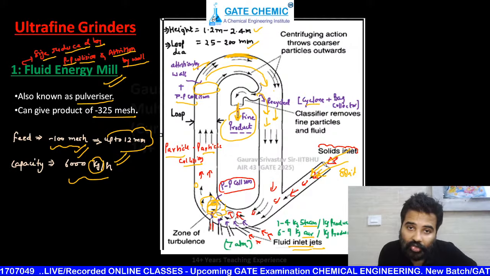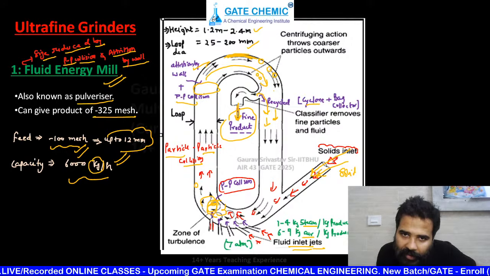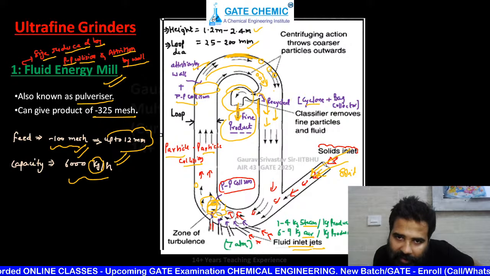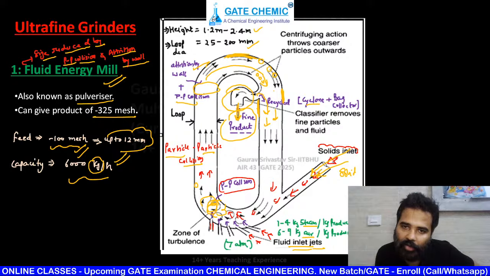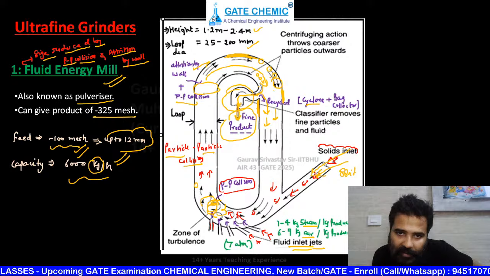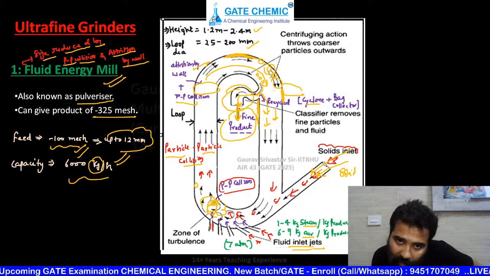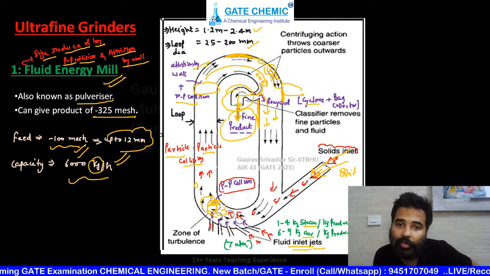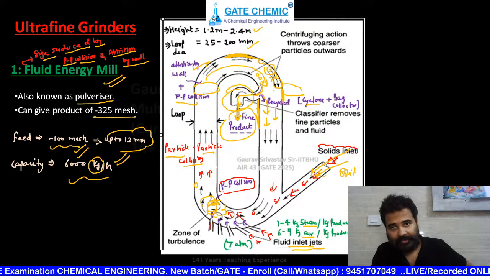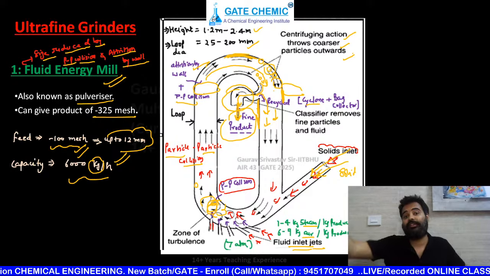That's why the solid that is a little bit larger will be near the wall, and the smaller one will be here. That's why we are arranging the classifier toward this wall, near this wall we are placing the classifier, not on that wall. If you place it there, the bigger particles will mostly go outside, and here the lighter ones will come. So if you put the classifier there, then mostly bigger size particles will enter. But if you are using the inner side wall, then fine products are there. Okay, is it crystal clear, my dear students? So that's why it is written here: centrifuging action throws coarser particles outwards. Why outwards?